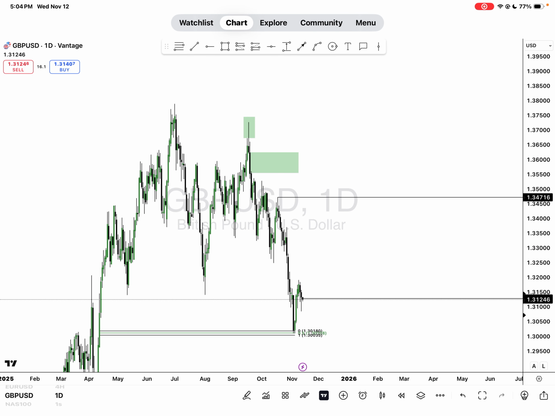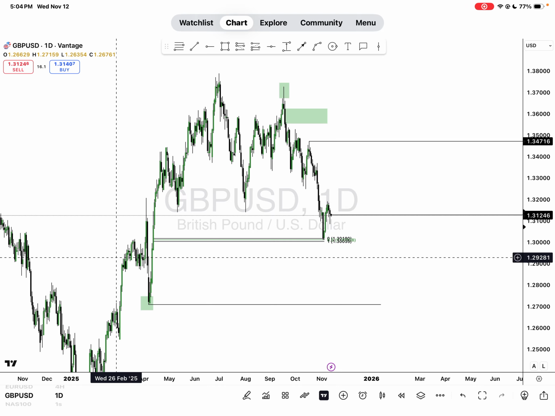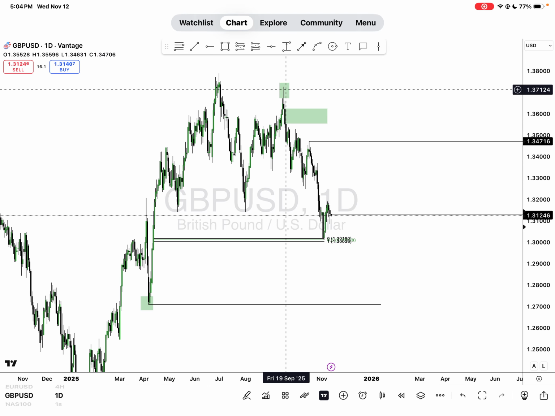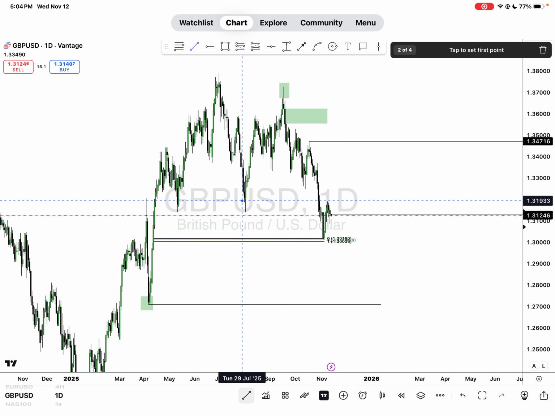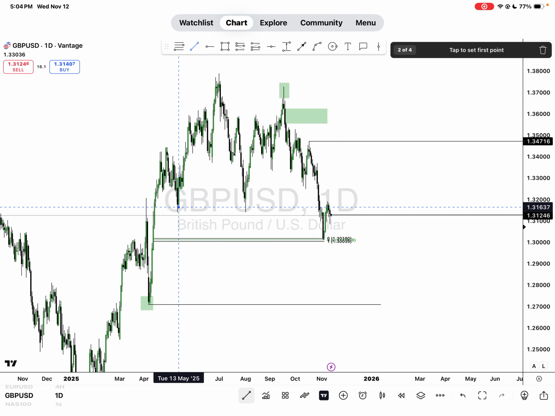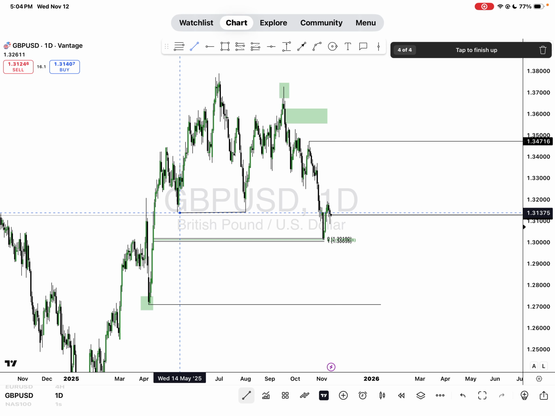On GBP USD, what we are looking at here is still the transition from the bullish range, which existed from this low up to this high. And then once we broke this low here,